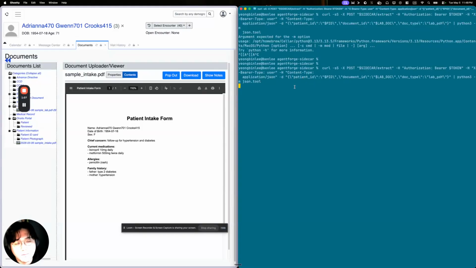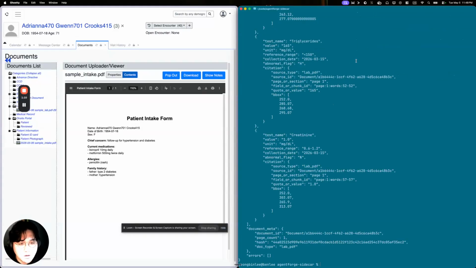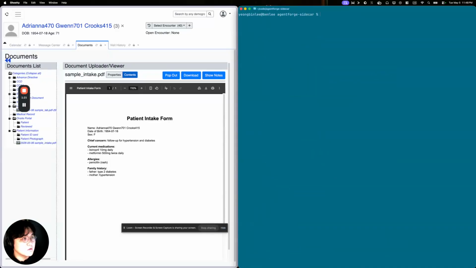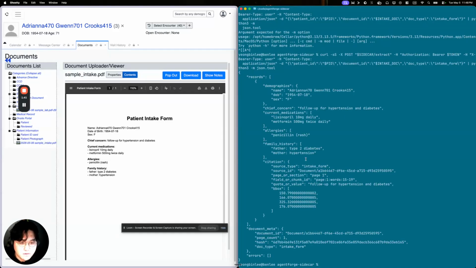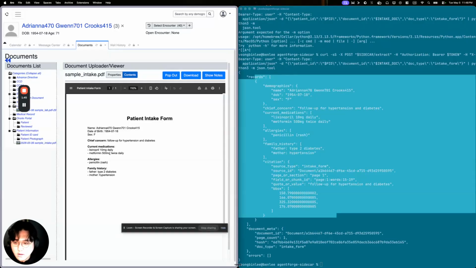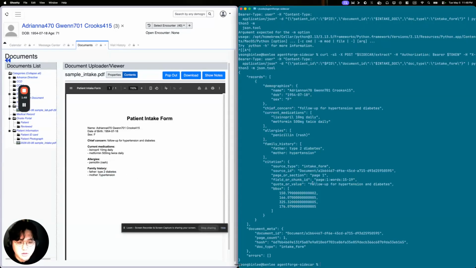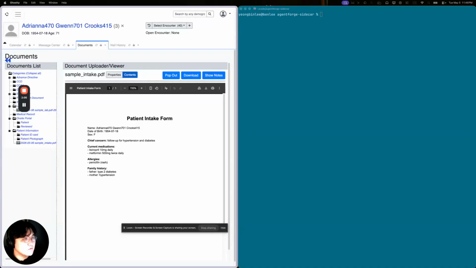That should be pulling up the information here. You see creatinine, triglycerides, and different information that was on the lab for this patient. Then we look at the intake form that it took in. Here you see the intake form information: different types of diabetes, hypertension, follow-up for hypertension and diabetes, things that are on the form. This last bit is going to be interesting, where we see, based on this information, whether it's able to